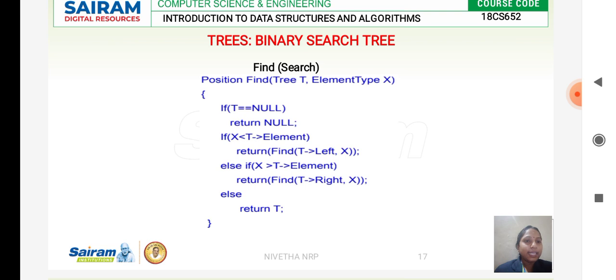Else, what is the other condition? If X is greater than T of element, that is, if the element we are searching is greater than the root node, it will traverse towards the right, until it finds the element X. Otherwise, it returns T, the root node, when there is no left child or right child.